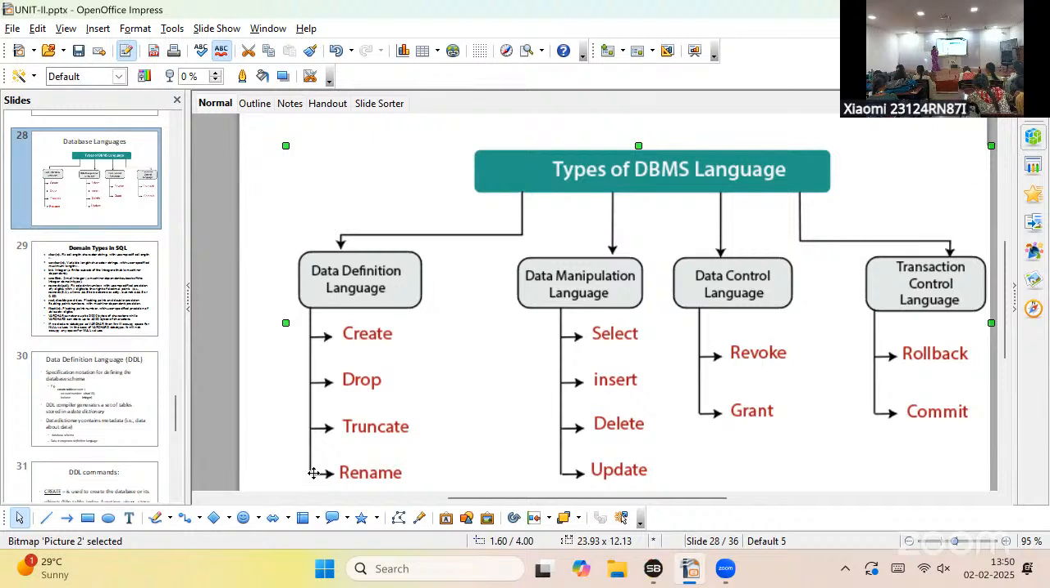Rename is used for renaming the table name. Table name or column name. Okay. This is structure kada. Column names kuda structure. Yes or no? Attributes name kuda structure. Is it clear? Yes or no? So DDL deals with